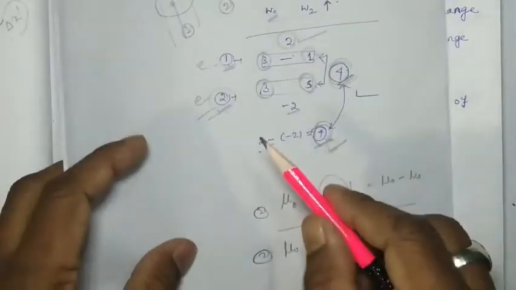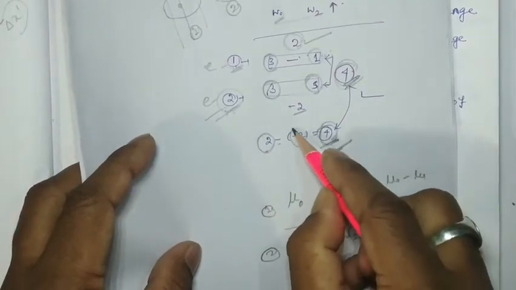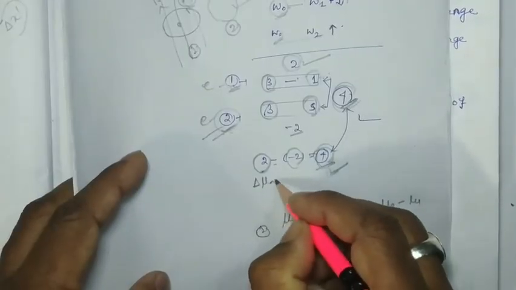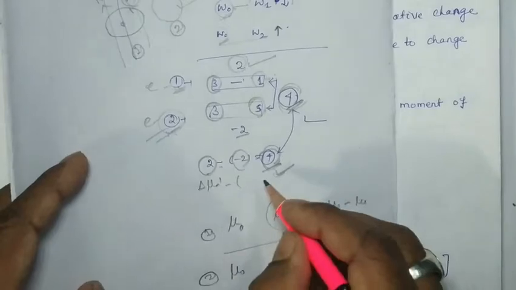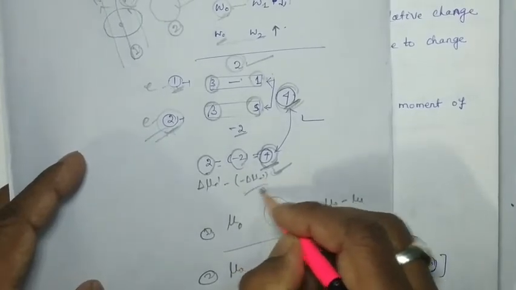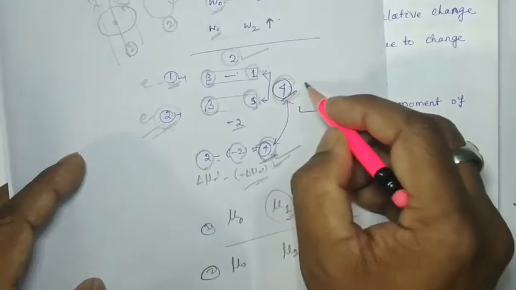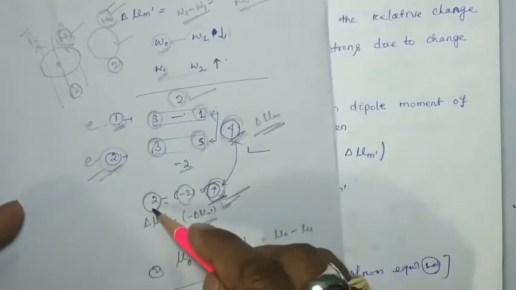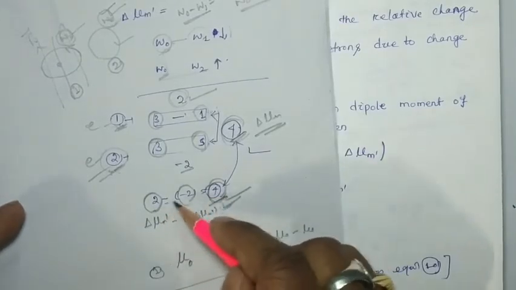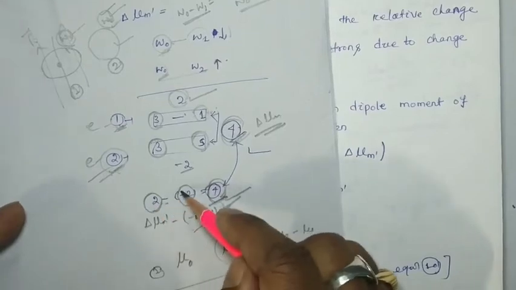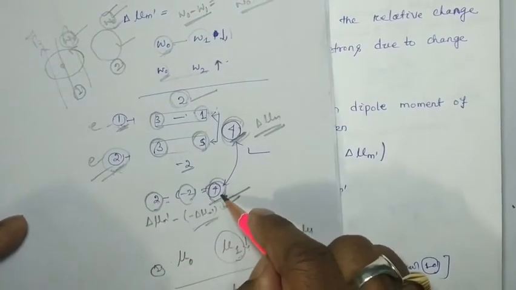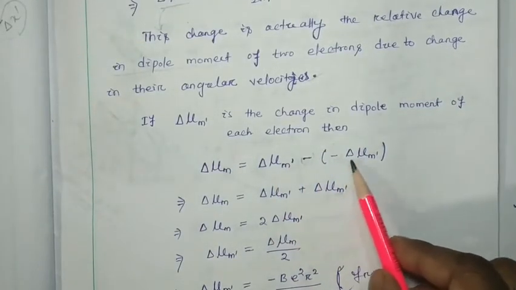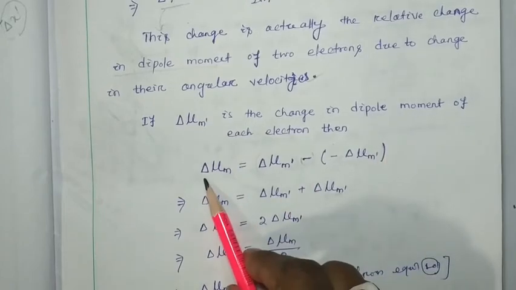This is the change of the first electron, and the change of the second electron. So you can consider del mu m dash for the first electron minus del mu m dash for the second, and this will be the same, del mu m. Here I directly subtracted, and here I indirectly subtracted each of the differences, 2 and 2, and also got the same answer, 4. So del mu m dash minus del mu m dash will be equal to del mu m.